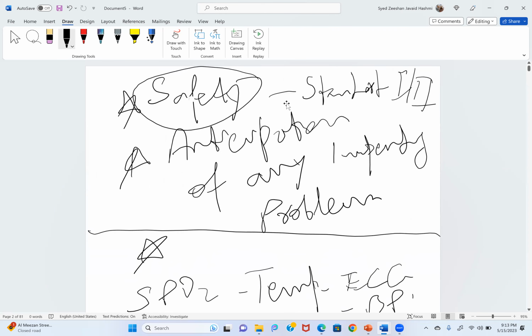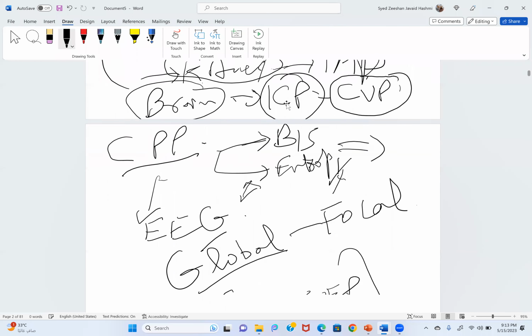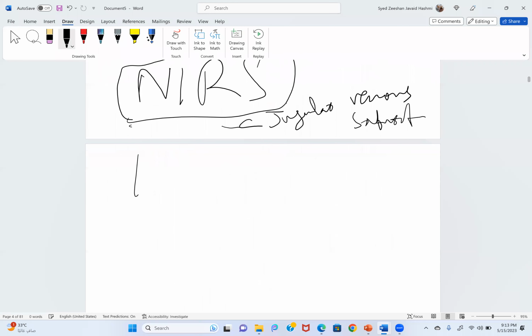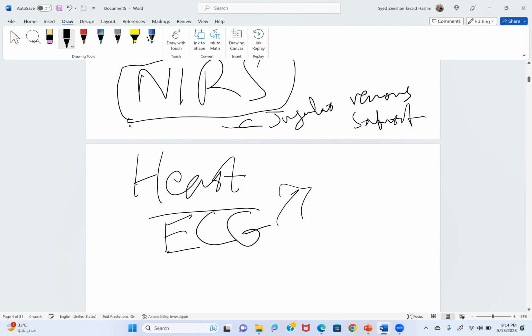Okay. So coming back here, we just say that of the vital organs, we had a look at brain and kidney. Okay. How can we monitor the blood supply of the heart? What will tell you the blood supply of the heart? Yes, heart rate, ECG. Okay. So with ECG, if any problem occurs with reference to ischemia, there will be either ST segment depression or elevation, or some arrhythmias can occur,